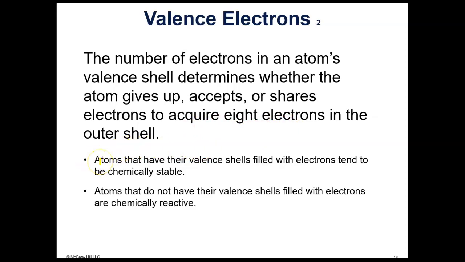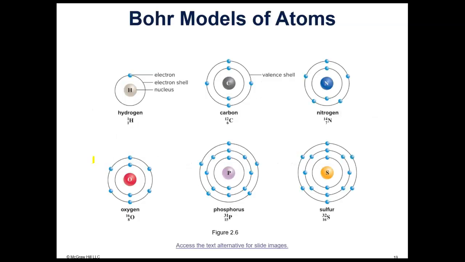So atoms that have their valence shells filled with electrons tend to be chemically stable. All of those in group 8, the noble gases like helium and neon, already have filled outer electron shells, or valence shells. But all the atoms in all the other groups are chemically reactive. They're able to react with other atoms to form compounds and molecules, because their valence shells are not filled. Okay? So, for example, if we look at hydrogen. Hydrogen only has 1 valence shell, but it's only got 1 electron. So it would really need 2 to be stable. So hydrogen is not stable. Carbon has 4 in its valence shell, and it needs to have 8, so it's not